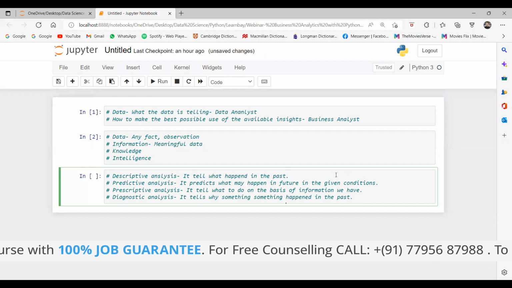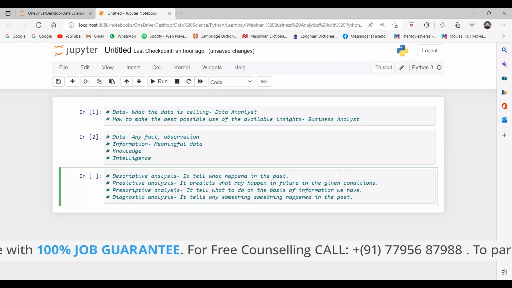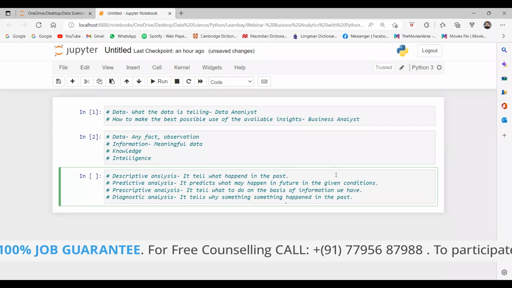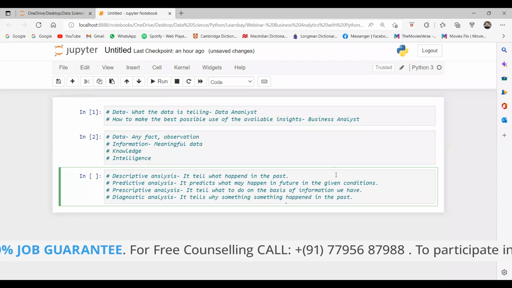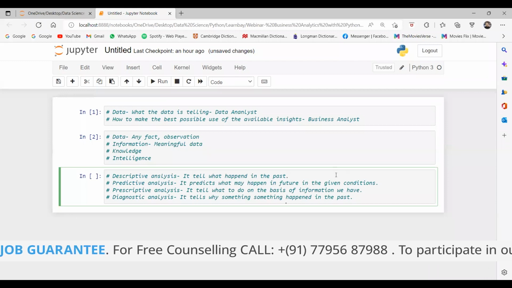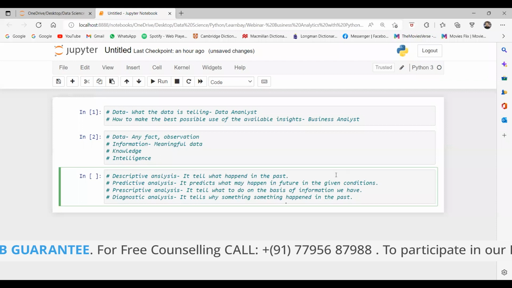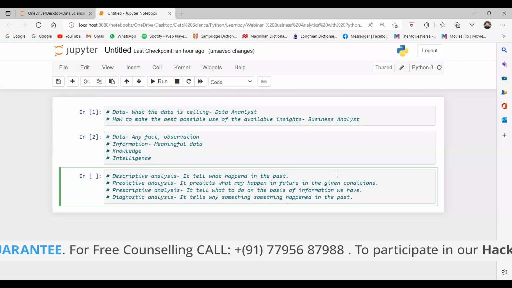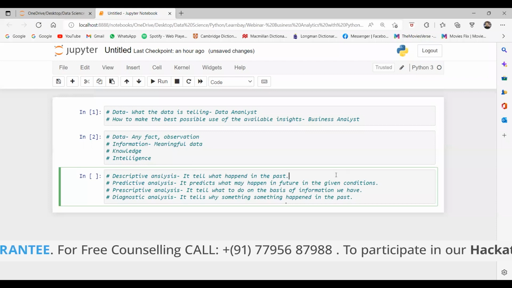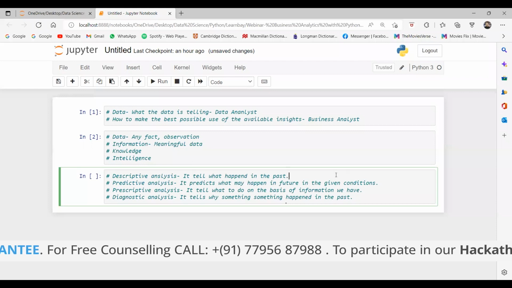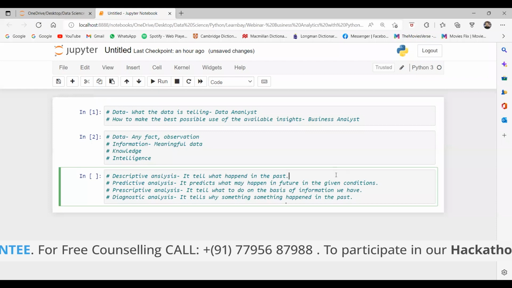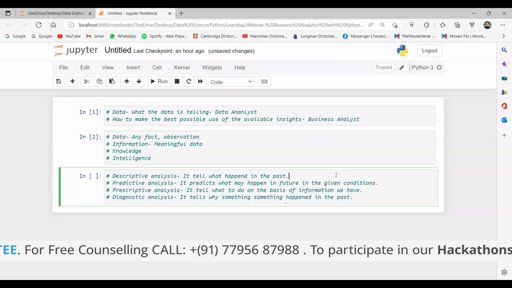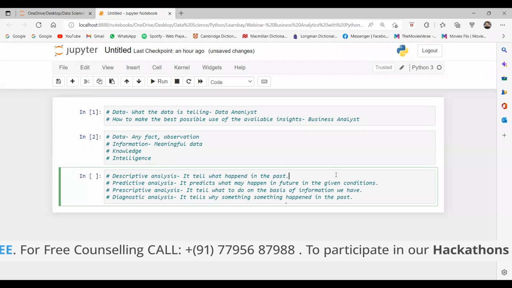Now comes the predictive analysis. Predictive analysis predicts what may happen in the future. For example, we have this much of capital, this much of workforce, we are having this kind of competition at the moment, and we have this much of product line. So this is the job of a data scientist. Now he predicts, with these available resources, we may degrow or grow in the next 5 years. Are you getting my point?